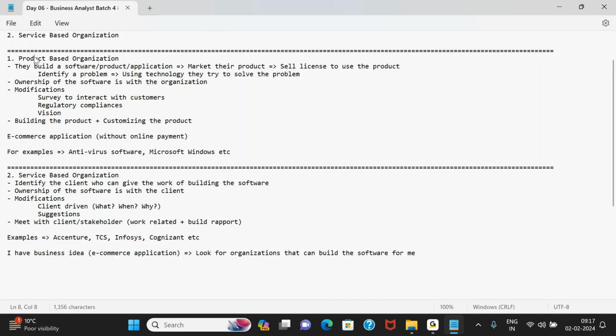Maybe there is a product based organization that has already created a software, e-commerce application. Okay, and I can simply reach out to that product based organization and talk to them: what is your product, how useful is your product, what would be the charges, or what would be the licensing cost